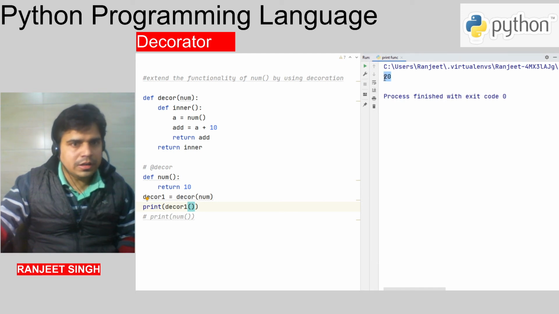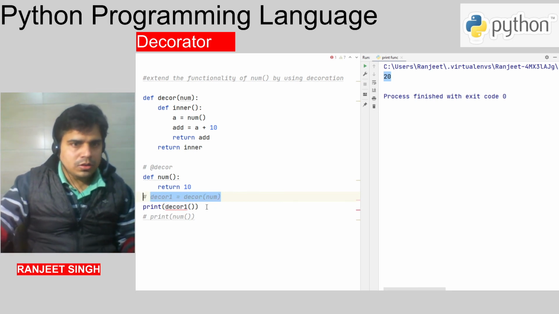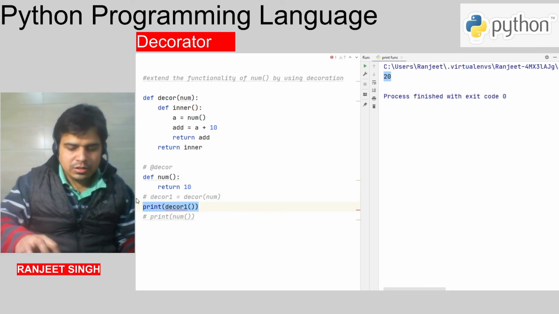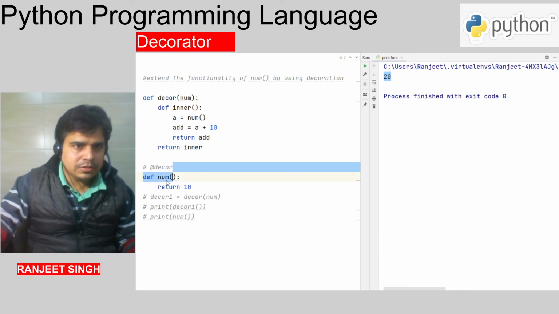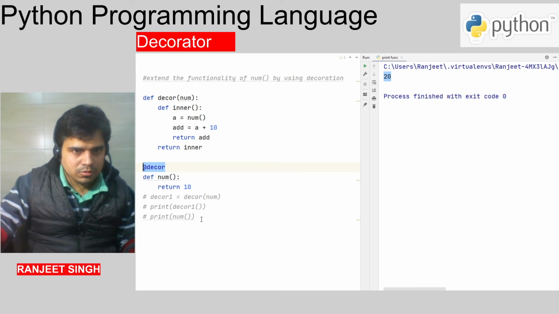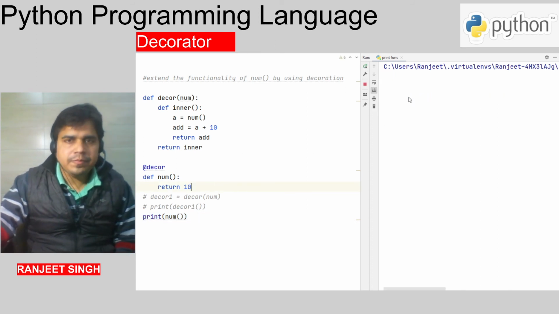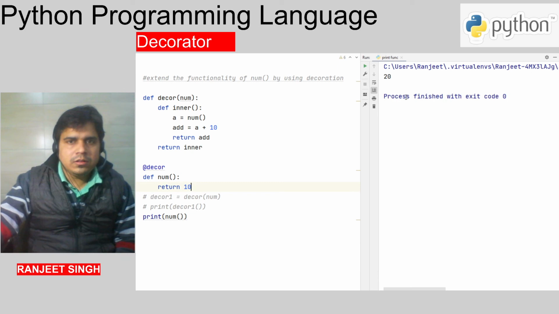See, result is 20, right? If you do not want to use it like this, then you can use it this way. Now run this. You can get the same result 20, right?